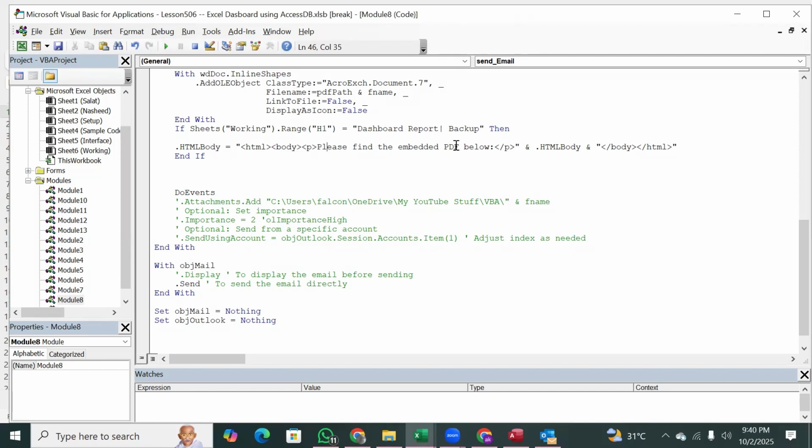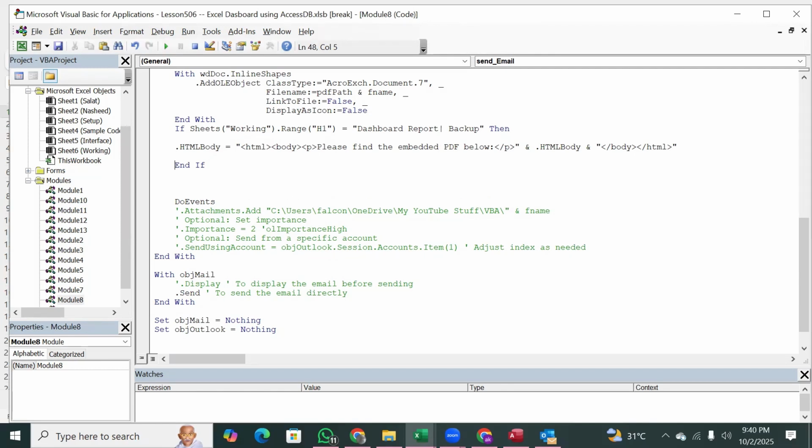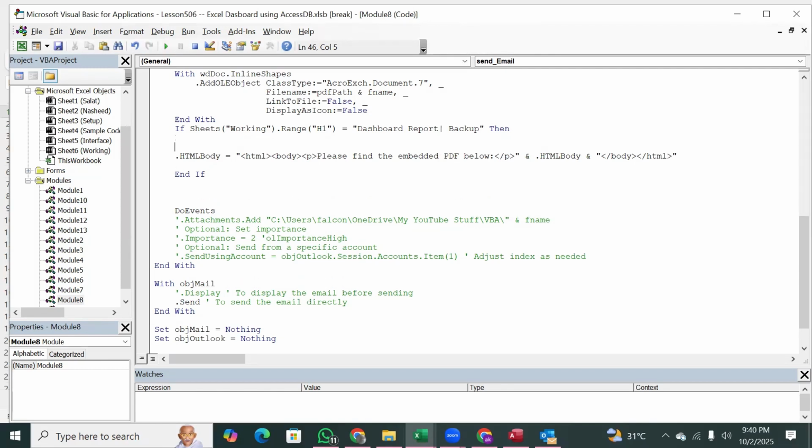Please find the embedded cell, right? So in case of the dashboard, we have enclosed this in the if command, and normally what is appearing, it will appear in the else condition, but for the case of backup condition, it's going to say that your request for the backup has been actioned. Yeah. So in case the subject matter is this, then you will write,